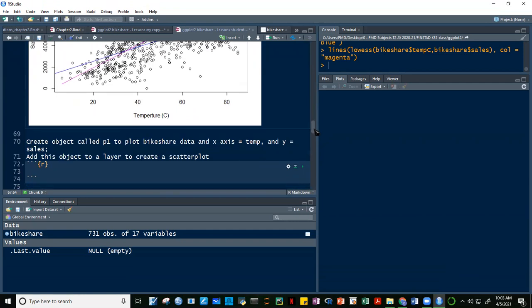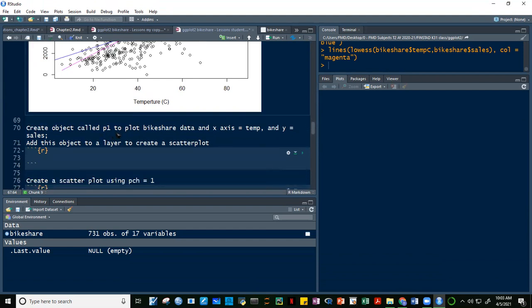Okay, sabi dito, create an object called p1 to plot bike share data with x temp C, and y sales. Add this object to a layer to create a scatter plot. So here we're going to choose now ggplot2 na tayo, no? So if you recall p1, let's create an object called p1, assign, and then ggplot, di ba? Data is equal to bike share. Tapos ano, guys? Ano susunod? Yung complete na code natin, mapping is equal to